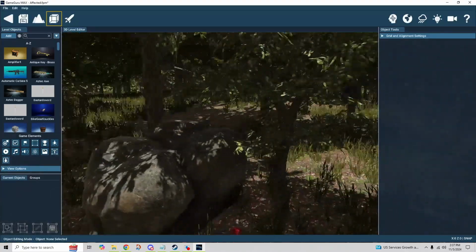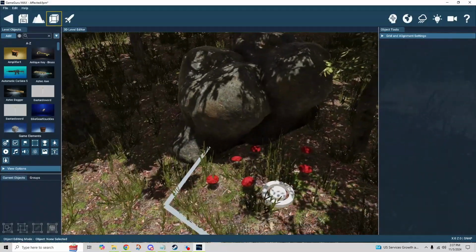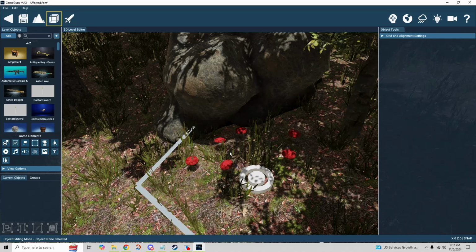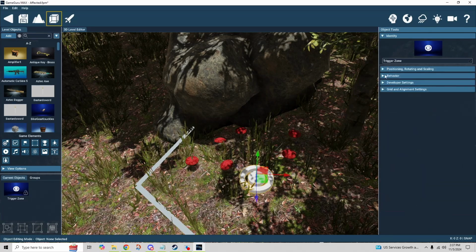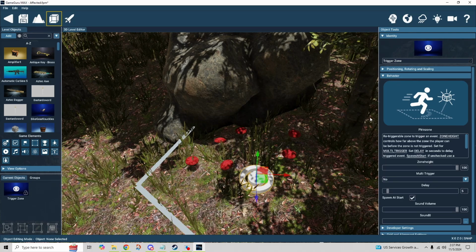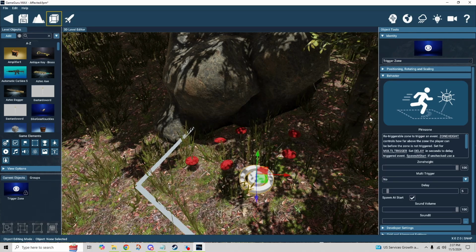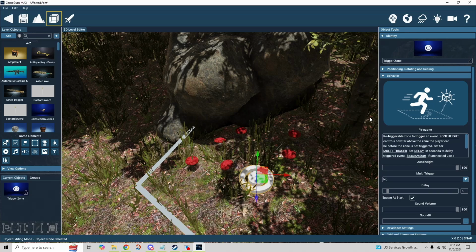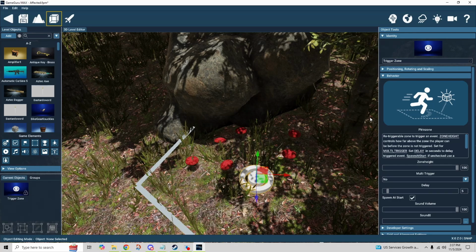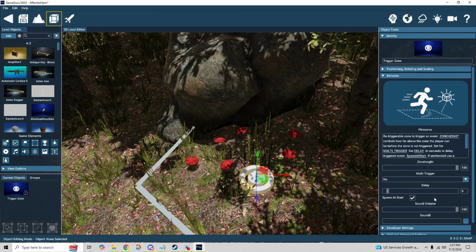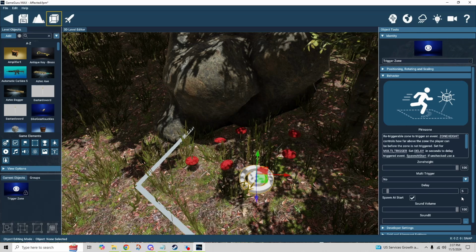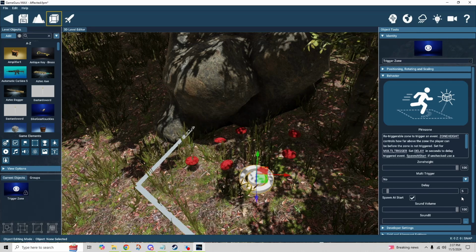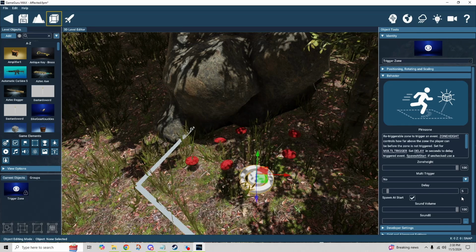Now, this is just one silly way that I decided to use it, but it's actually got a lot of flexibility. Before we get into the affected behavior, I do want to call out one really important note that came up when I was setting this up. I don't know if you noticed, but it didn't happen right away. It happened a few seconds after I'd sat down, and that's because of this. There's been an addition to the player in zone behavior, and that is this delay slider here, this delay timer, which is in seconds. So 5 seconds after I entered the zone, that's when it kicked off the affected behavior,